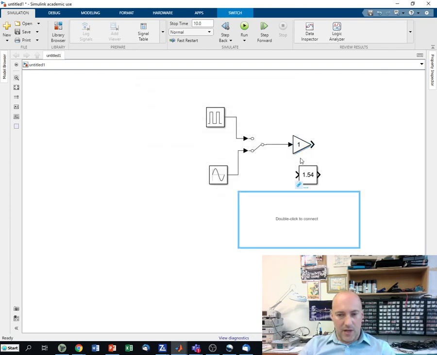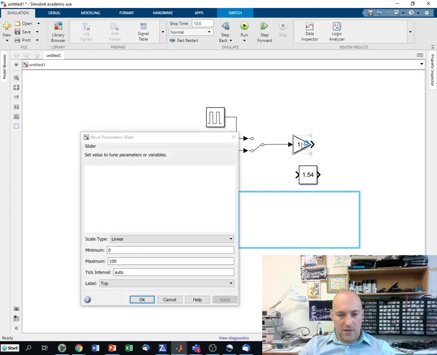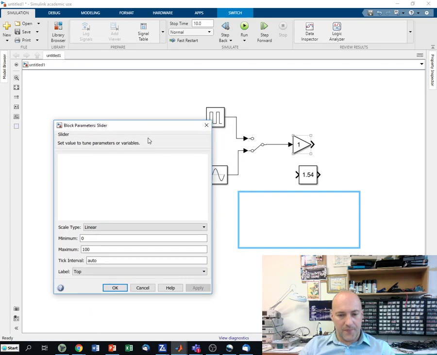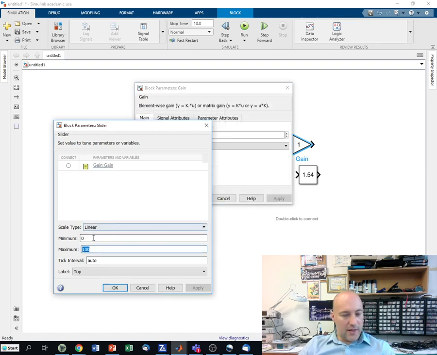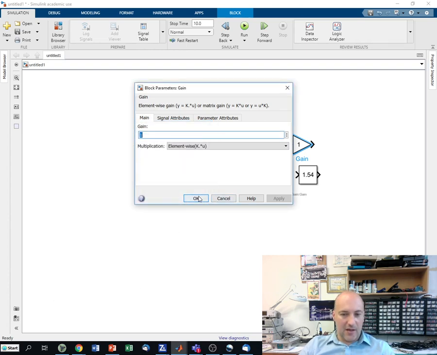Should be this one, slider. And now I can set the minimum range and the maximum range. So let's just keep this from 0 to 100, and I can connect now. You can see it selected the gain block, so I can connect them together, apply, and from now on